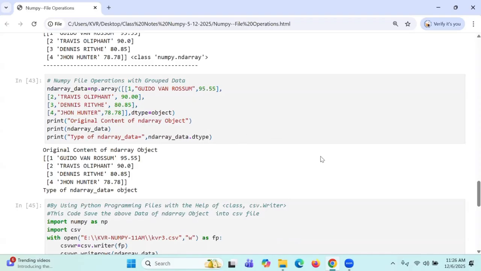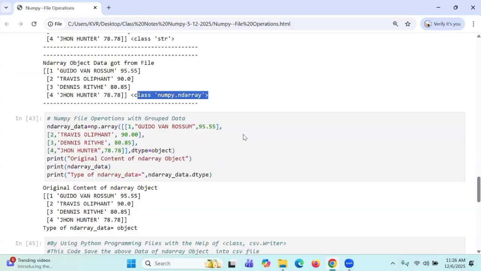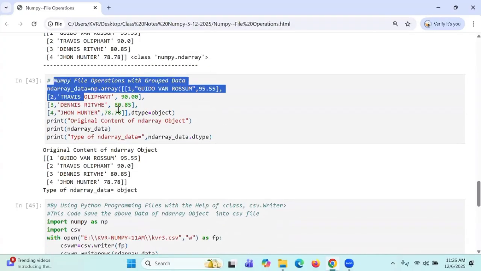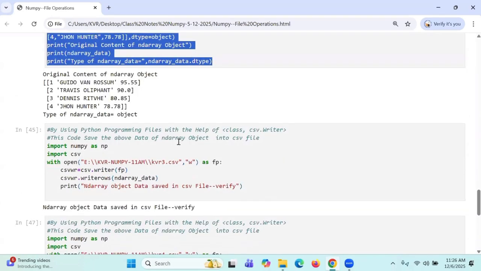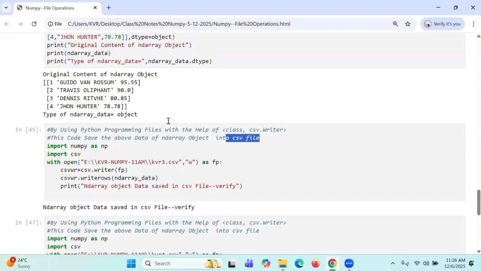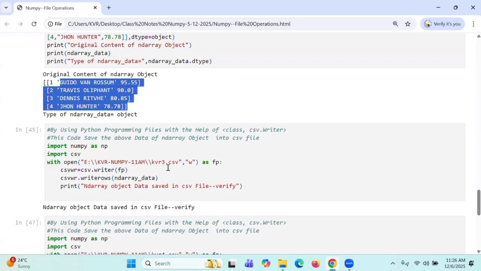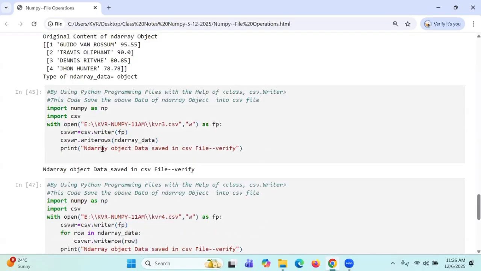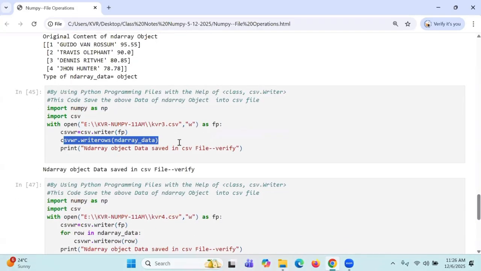Okay, Pratik, you are the one now. So come to the point of it. I converted it here; it is a str data type, converted into an ND array. Later, the same data I saved into a CSV file. You know the importance of the CSV file. This ND array data is saved into a CSV file, and then we wrote rows directly. The entire ND array data I write by using writerows.